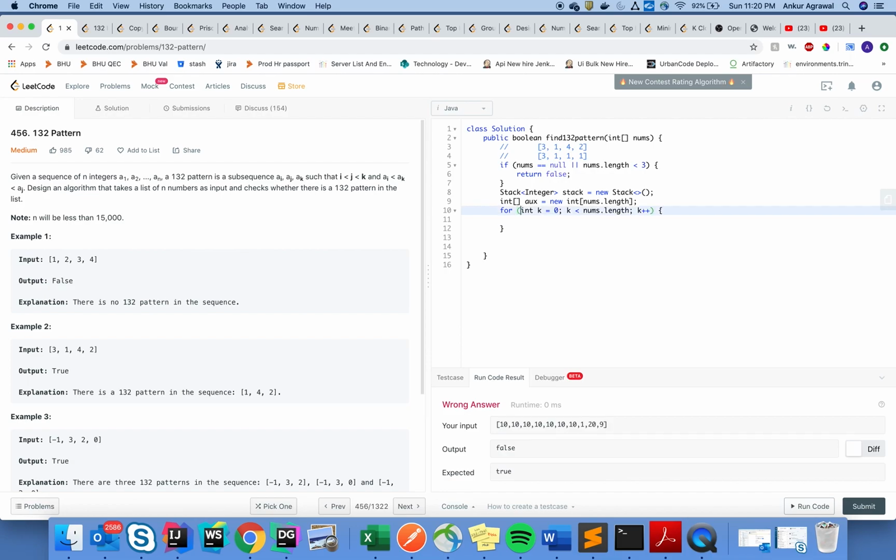And actually, I can do this. I can start from 1, and then at the 0th index, it is the first element, right? Because you have nothing to compare. And then this becomes